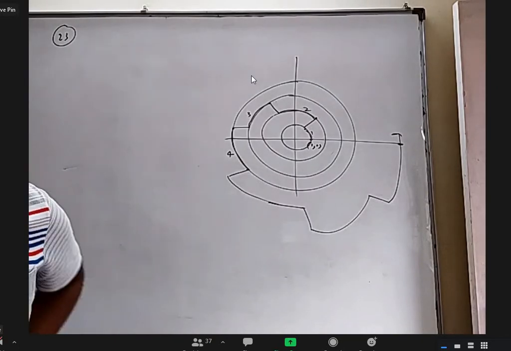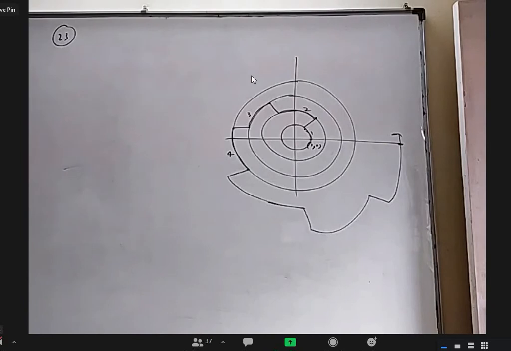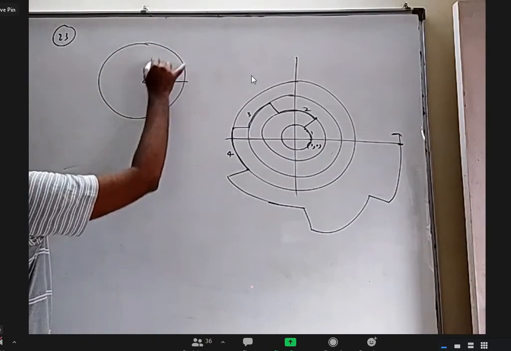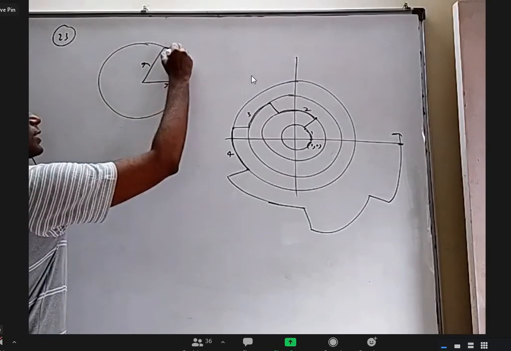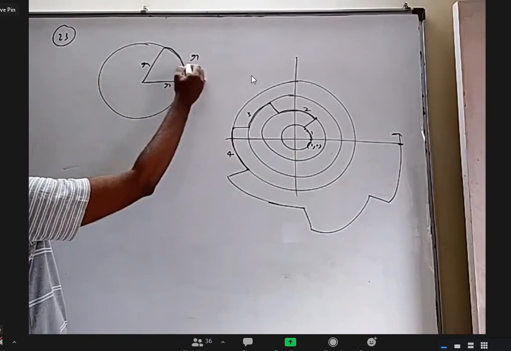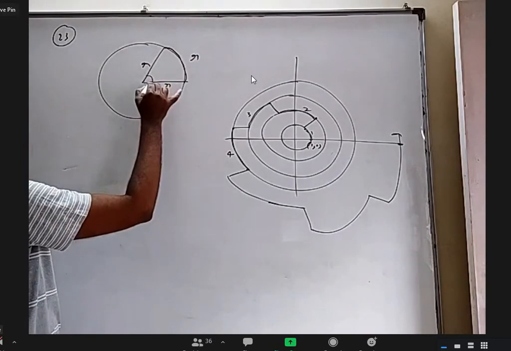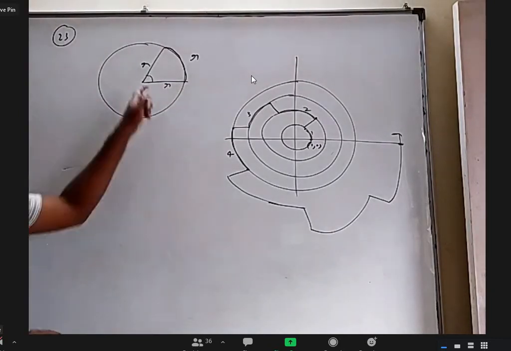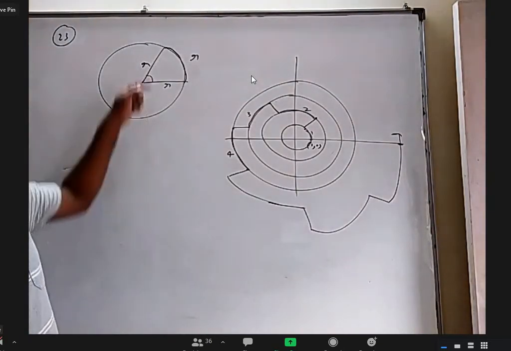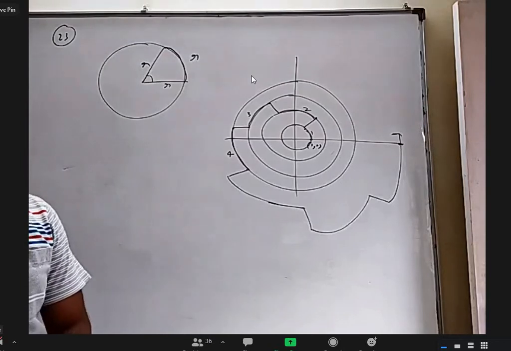I discussed this when I told about the radian definition. Anybody remembers the radian definition? 1 radian. If you take a circle of radius r, on that take an arc length equal to the radius. So if an arc of the same length as the radius is subtending some angle, that is constant irrespective of the radius. You take a circle of radius 2 units, on that perimeter 2 units, how much does it subtend? You take radius 1000 units, on that perimeter the same, and that angle is called 1 radian.